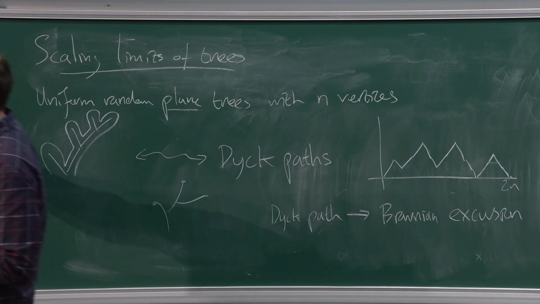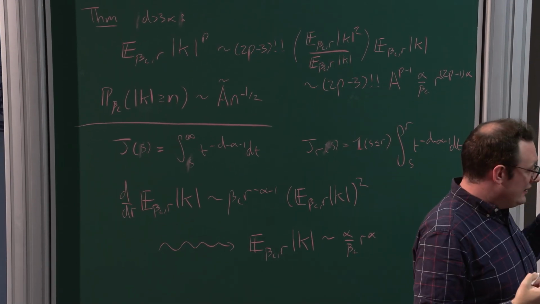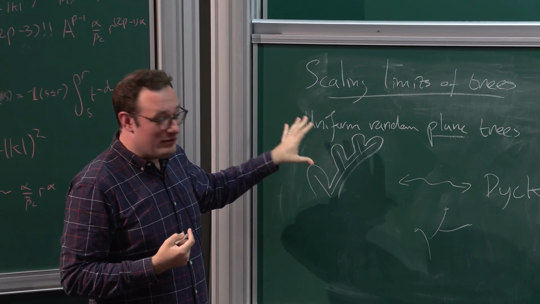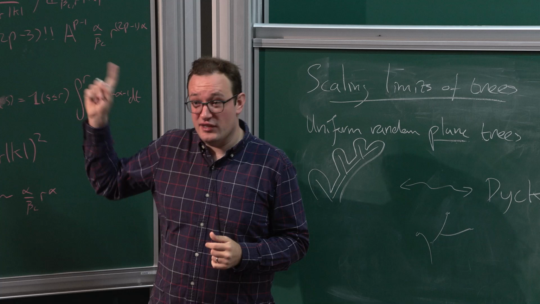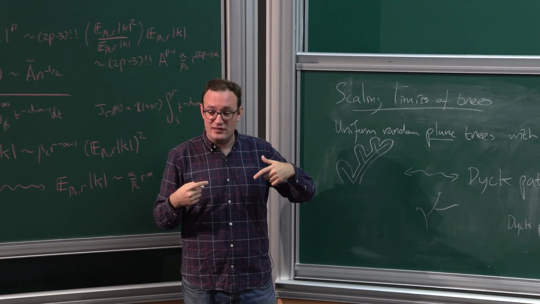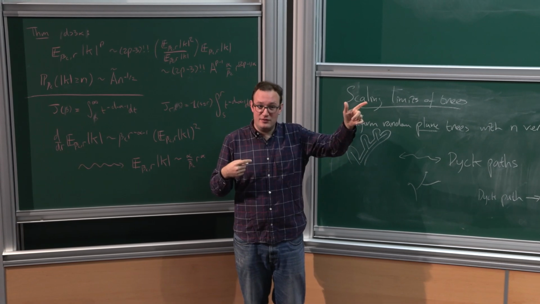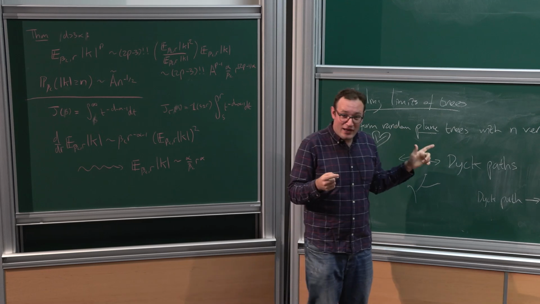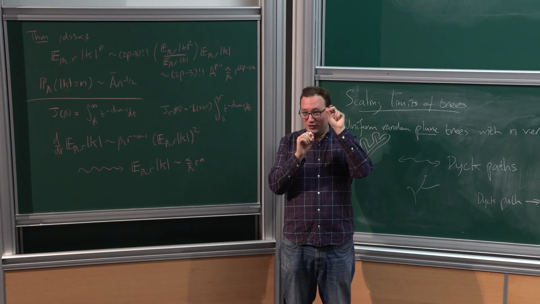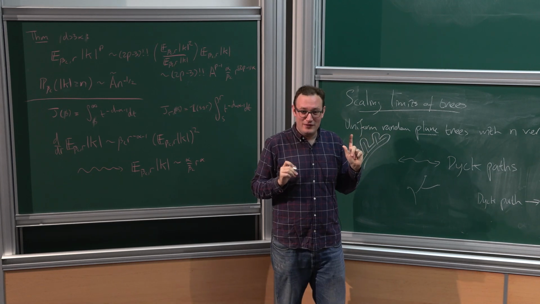It's going to be this chi-squared random variable that comes from these coefficients here. So what we need to consider is not the continuum random tree of fixed volume, but a continuum random tree whose total mass follows this chi-squared distribution. And this is also what you'll get if you take these slightly subcritical branching processes and you take the limit as you size bias them and then take the limit as the mean goes to 1. And it turns out that when you do this, the distribution between the origin and the uniform random marked point indeed becomes exactly an exponential distribution.